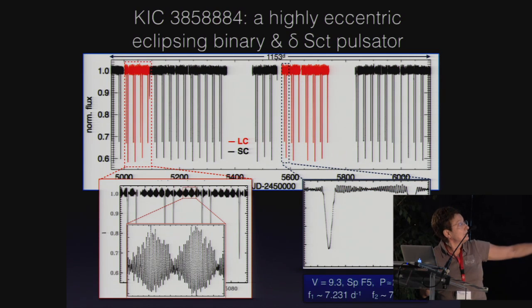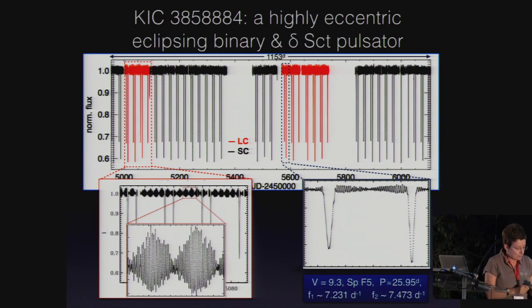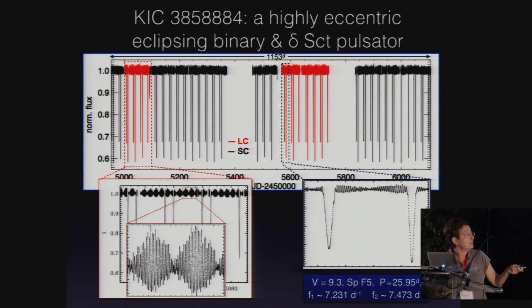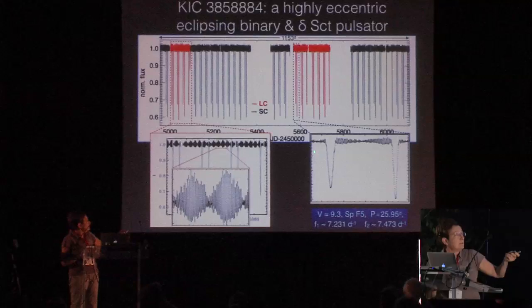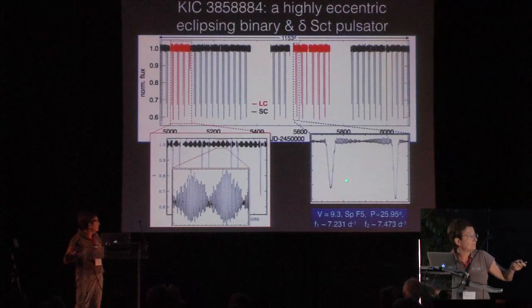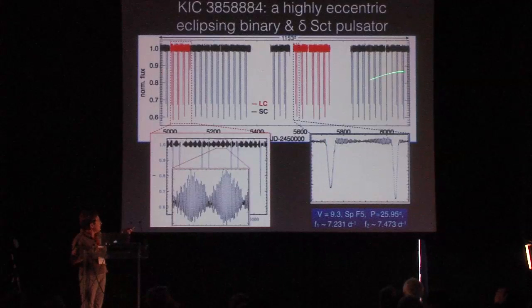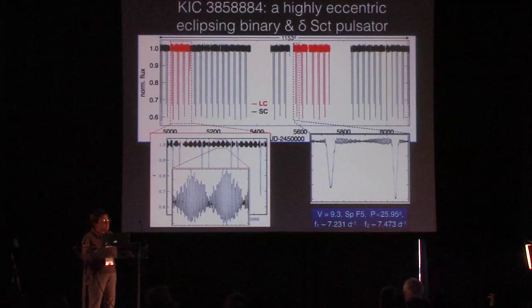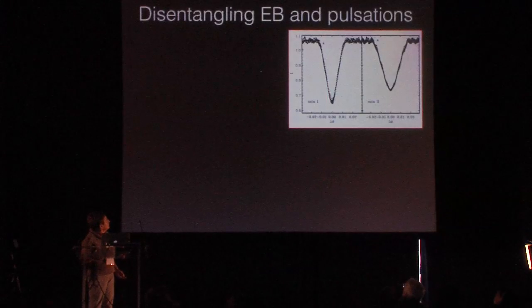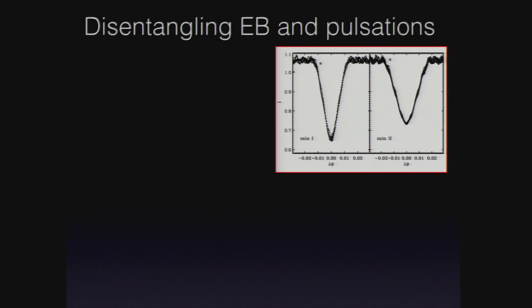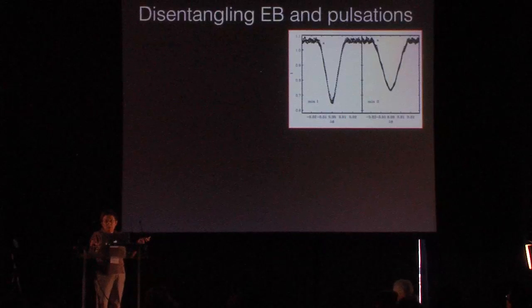If you look here, you see the pulsation, and you see the eclipses that are heavily deformed by pulsation. And here you see these two typical frequencies, in the range of delta Scuti, and the system is eccentric. Okay, when you use the previous method I mentioned to you, if you put the light curve in phase, here you will see